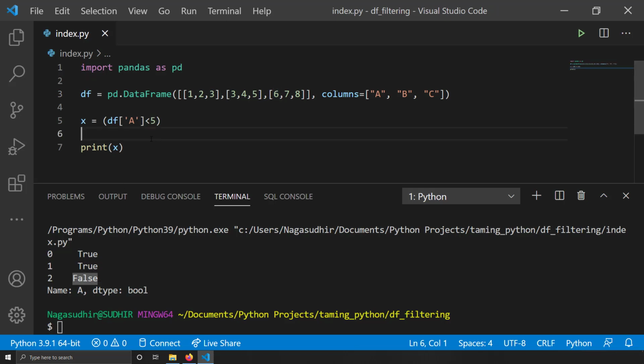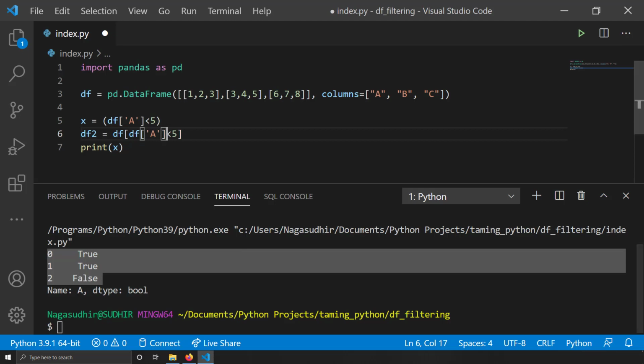That means if you write df2 equal to df of, and here you write df of a less than 5, what you're basically passing is just a series of Trues and Falses. That's all. What this qualifier is actually emitting is the row selectors. So why am I telling you this?